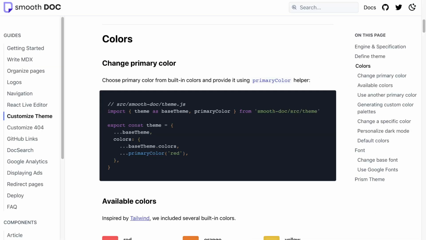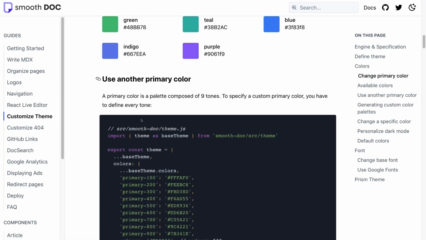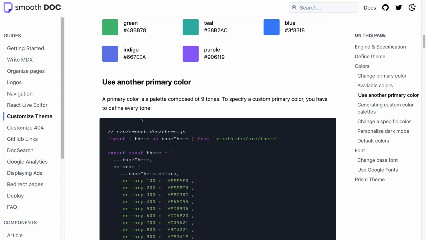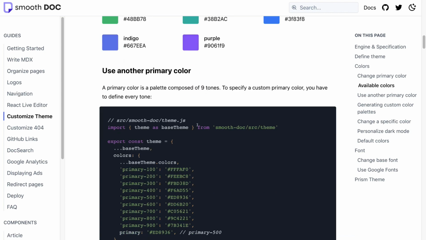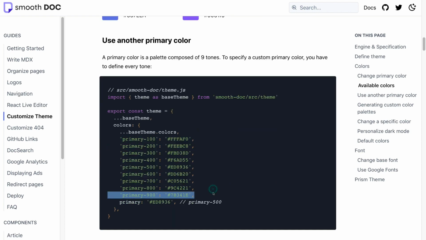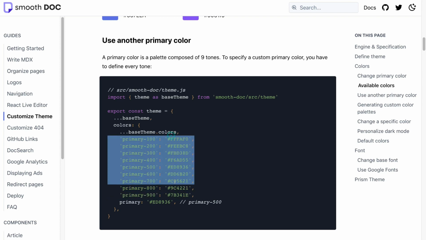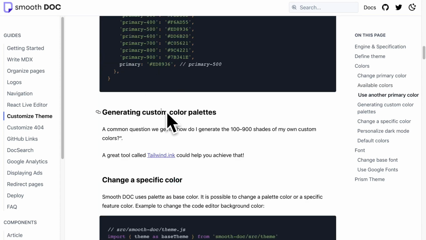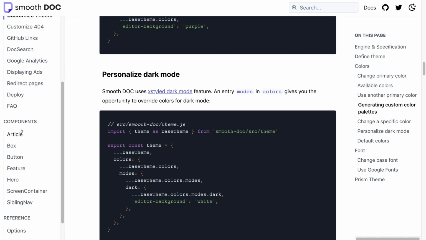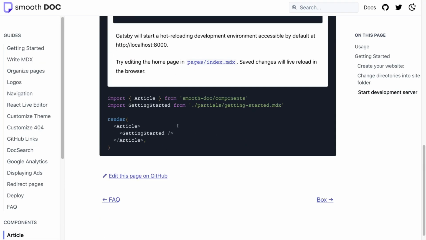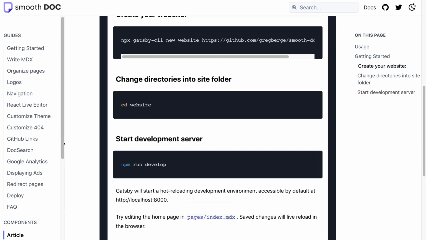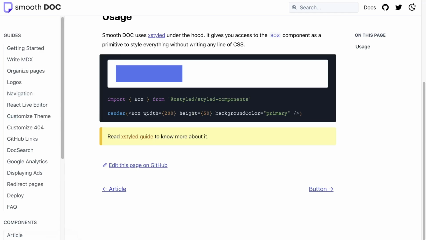If you want to customize the website more, the SmoothDoc documentation provides you the complete details of which components you can shadow. Or if you want to change the theme and you don't want to select a default theme, then you can add your own theme, which colors you can add, how you can generate these 10 different kinds of colors, and all these things you can find in the SmoothDoc documentation. It will also give you code which you can directly put into your MDX file to generate very pretty documentation.